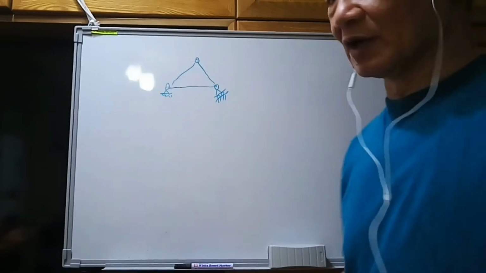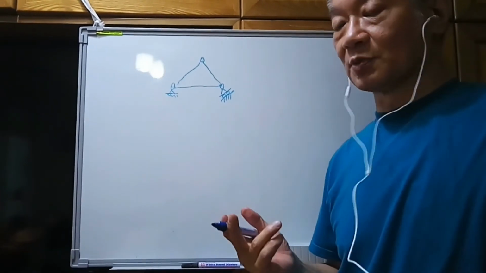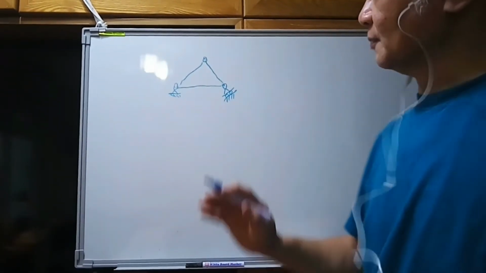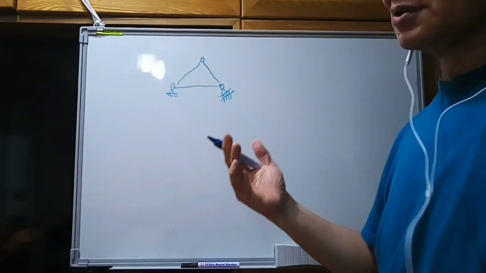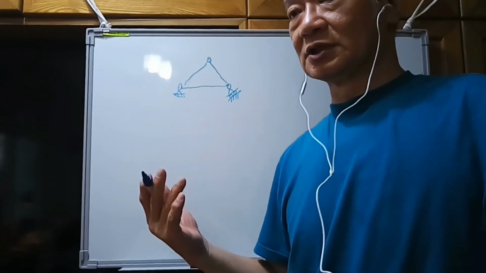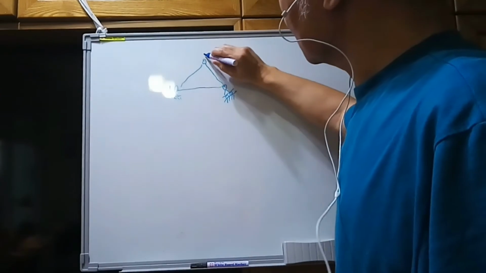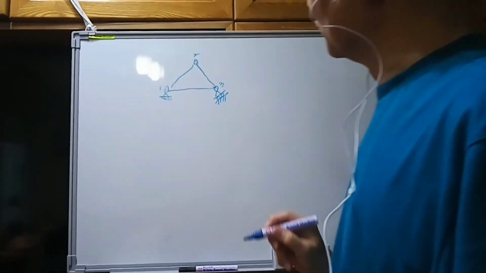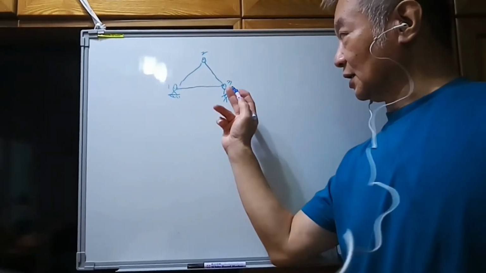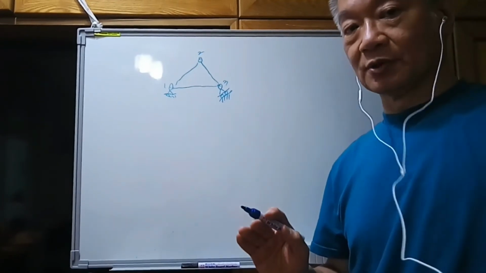Okay, we have another problem. It is the homework problem. If we got the inclined roller supports, we can do two things. We can use two different methods to solve these problems. If there are the nodal points node 1, 2, 3, and at the node 3 we got an inclined roller support,